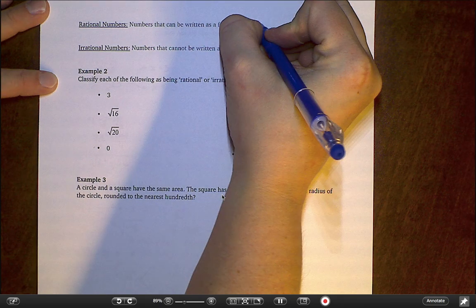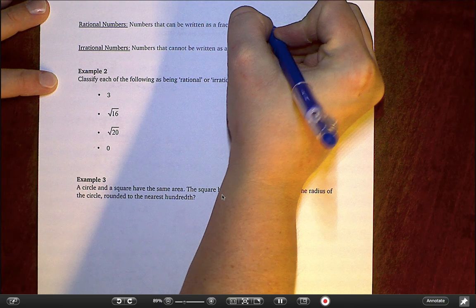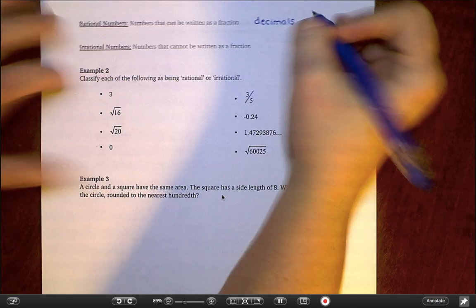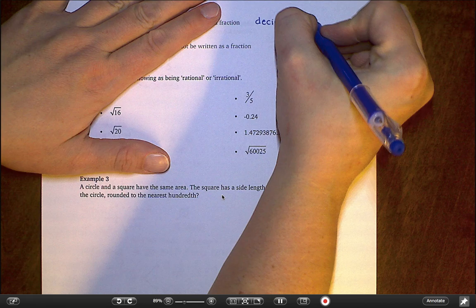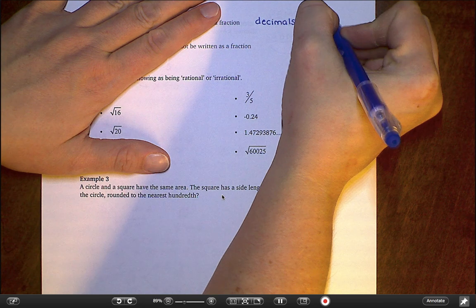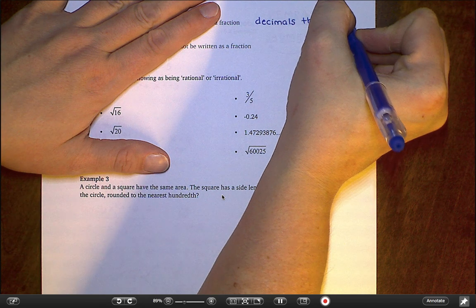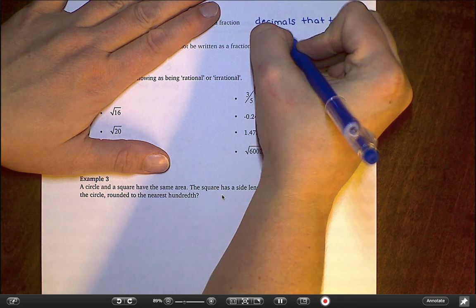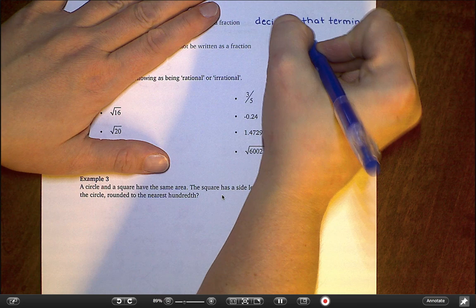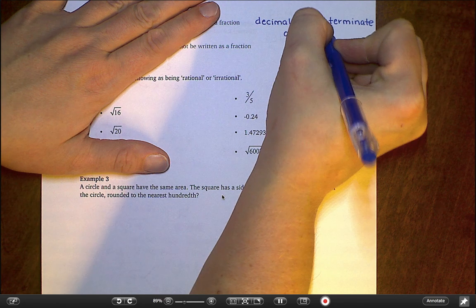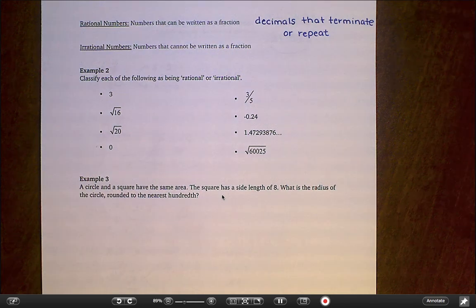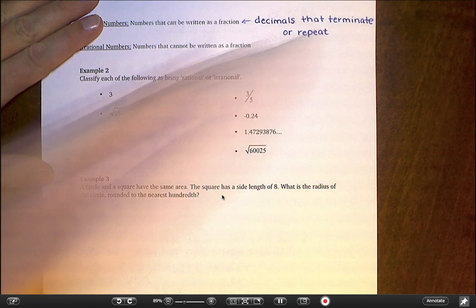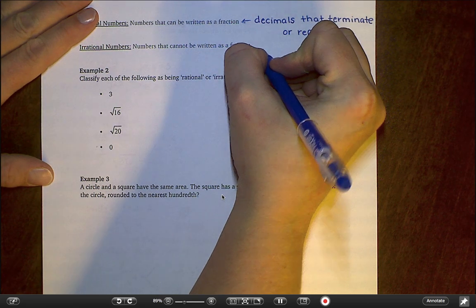Decimals that terminate, which means they end, or repeat, can all be written as fractions. Okay, so if you have a decimal that is nice and short and it ends cleanly, we know that's a rational number. Okay, if you have a decimal